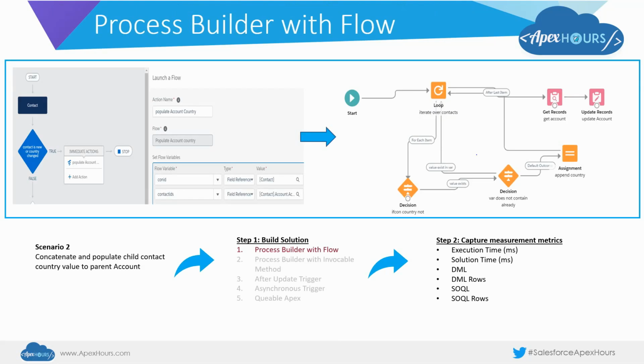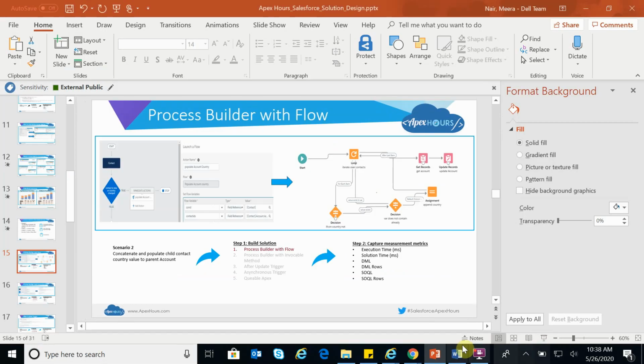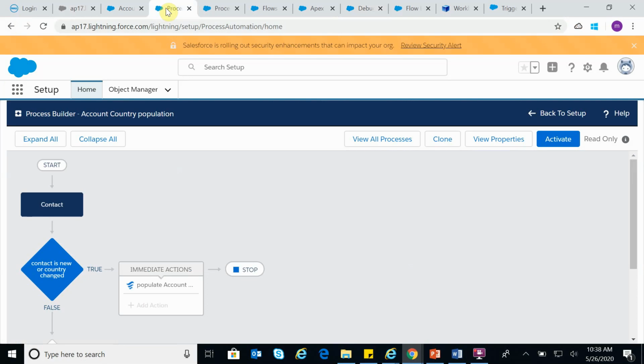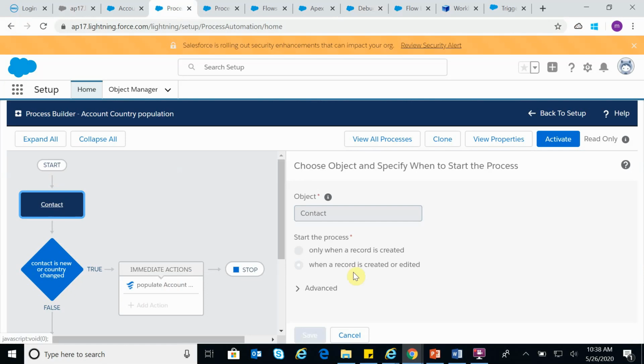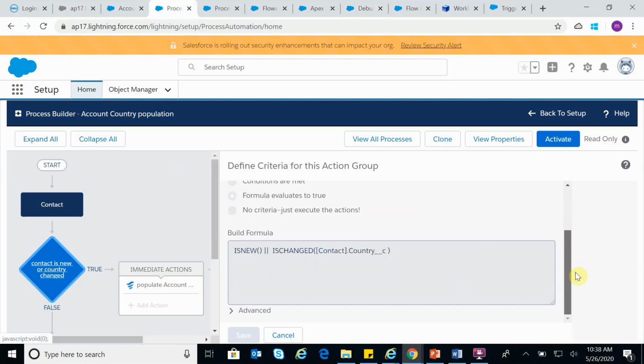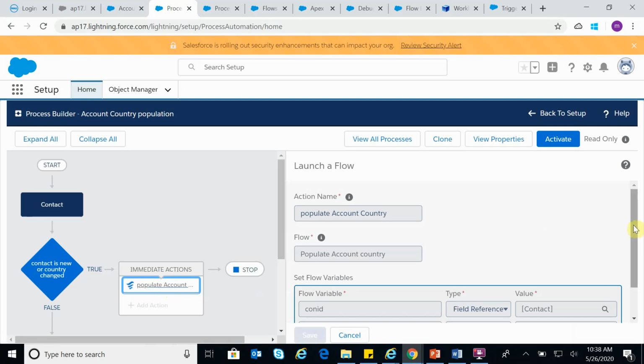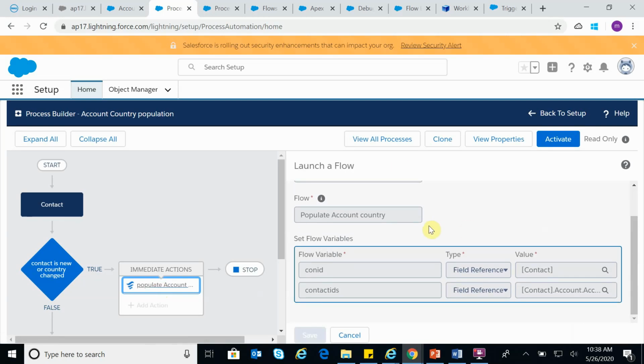Again, like we did before, we need to enable debug log and capture all the details. First one is a process builder with flow. Let us go to our developer instance. This is my process builder, and here you can see the process builder is on contact, and the condition is when a contact is created or edited, and it's checking for this particular criteria, like it is new contact or the country value got changed. If the condition is getting satisfied, it is basically calling a flow, which is to populate the account country, and